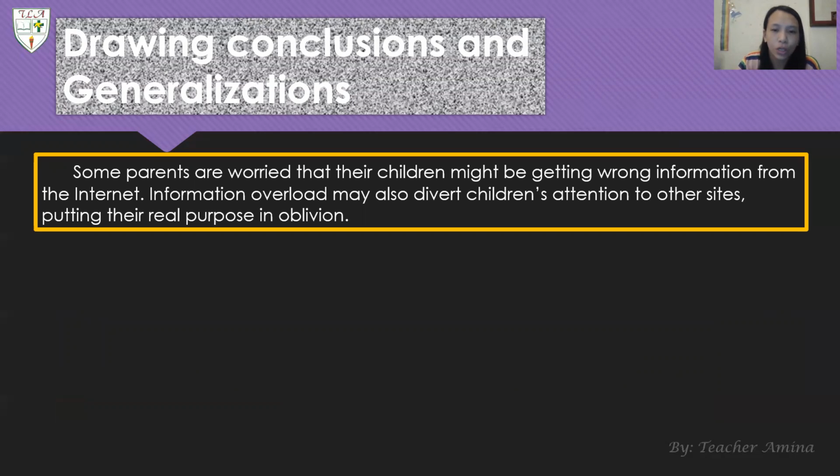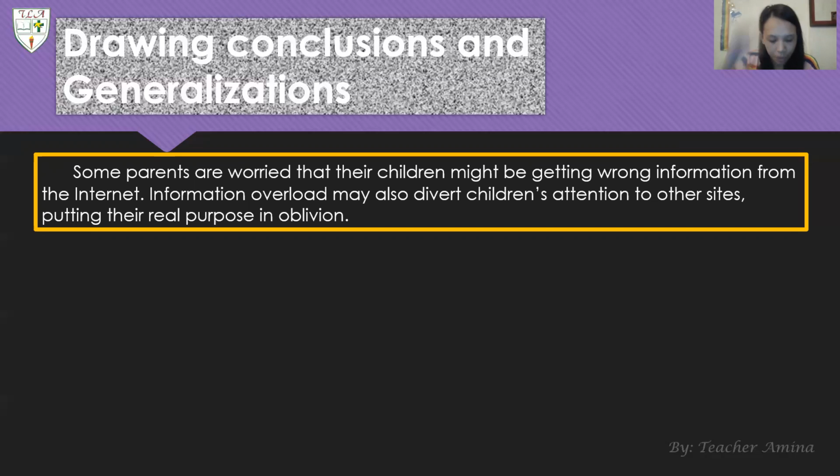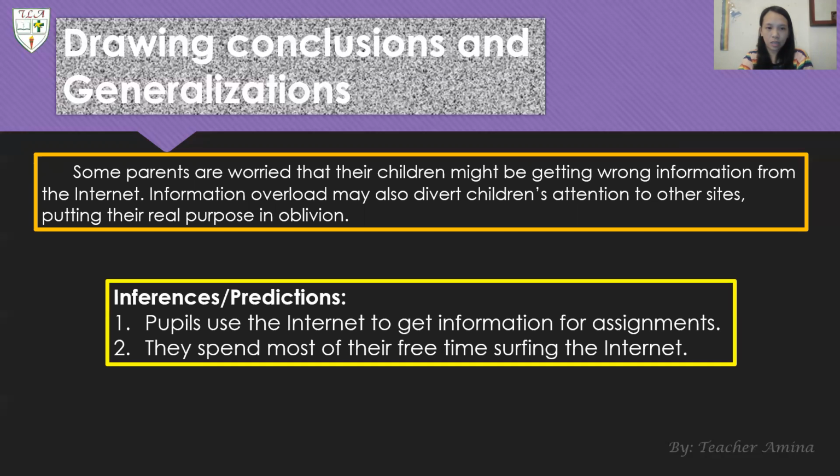And next, after identifying the main idea and supporting details, we have to identify the key issues for resolve. Okay, and then we have to infer and predict possible implications or repercussions of the issue or phenomenon based on the surrounding details. So here are some inferences or predictions about the selection.